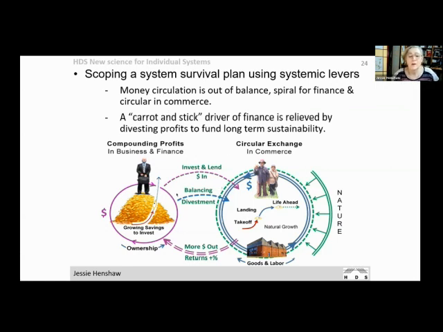Scoping a system survival plan. First, you notice that there's inequity, and then you ask why. And it turns out to be because in commerce, you have a circle for money, that money and goods exchange. There's money, there's profit, but then the profit is spent. Goods and labor going in one direction, money in the other. And this is a stable system. And it could grow as innovations are made, but it's not driven to grow